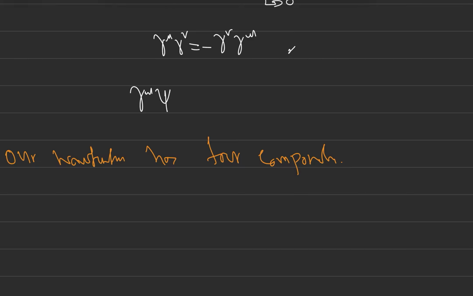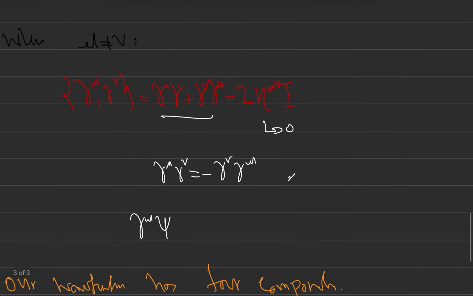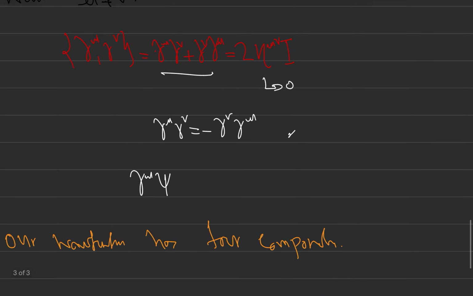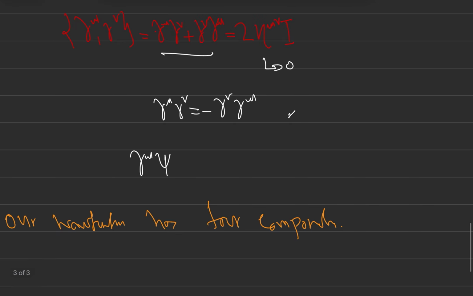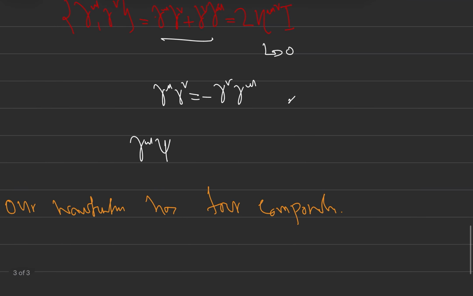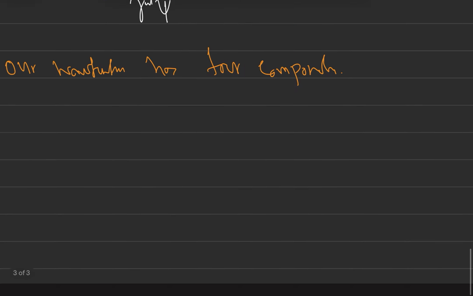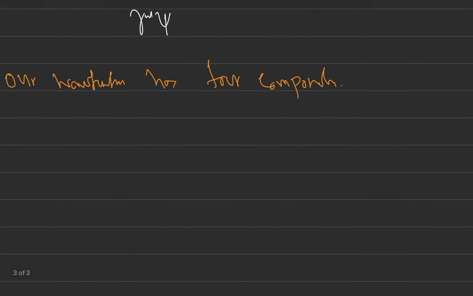Okay, now what we have done so far is we have derived the commutation relations for gammas. But what are gammas? What do the gammas equal? Again, the properties that I have listed and some others that you can look up, all of them combined tell you that the gamma must have this form. Let me go ahead and write it, and this is the standard or Dirac representation. So in the Dirac representation,